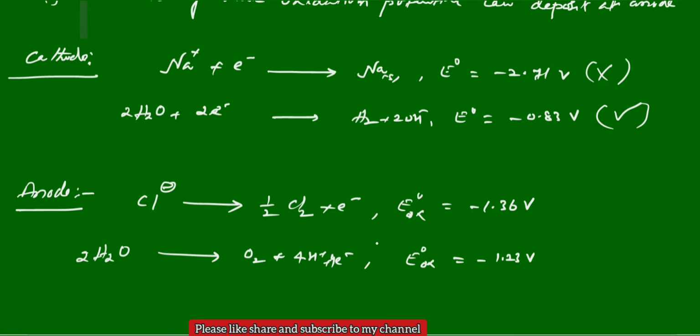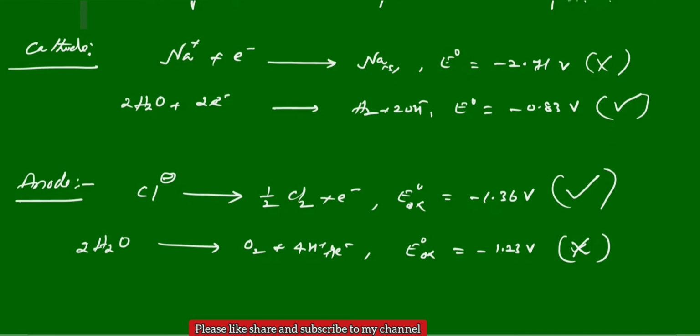This is oxidation potential. Now you can see, out of these two, according to the statement, whichever has more oxidation potential can move towards the anode preferably. So out of these two, the liberation of oxygen has more oxidation potential value, minus 1.23 volts, whereas the chlorine oxidation potential is minus 1.36. So this reaction should take place actually, but here what happens is, instead of liberation of oxygen, chlorine gas is liberated. According to electrode potential values, actually oxygen should be liberated, but it will not.